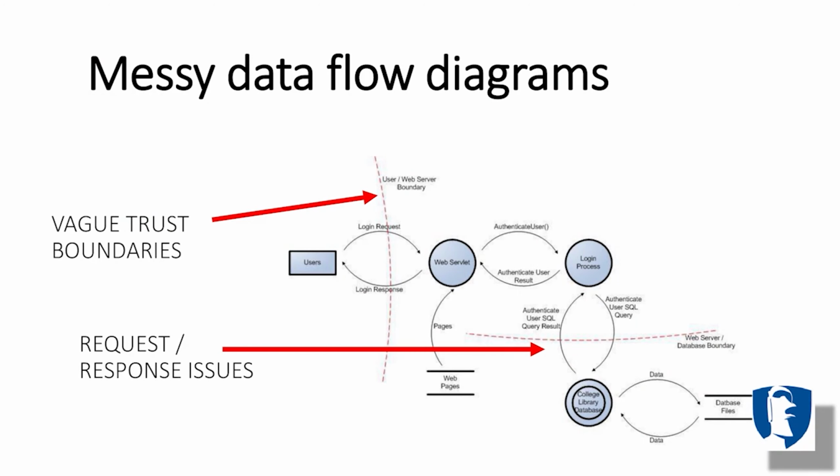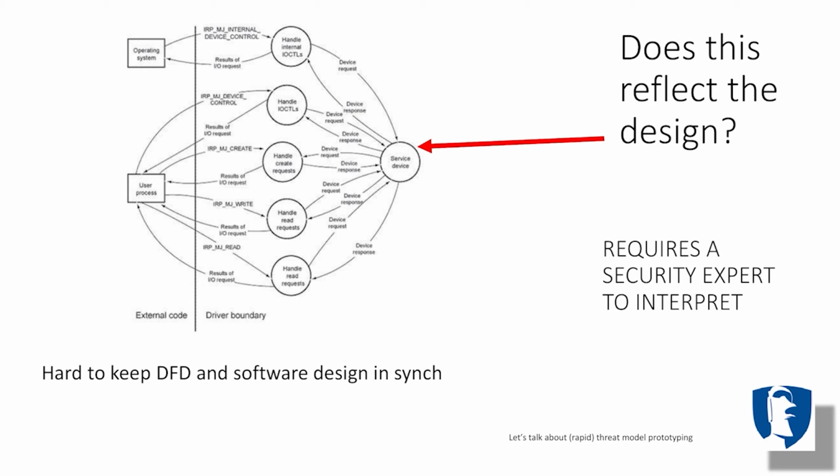And by the time you get the threat model out, you get something like this. Anyone seen these data flow diagrams? Because you're drawing data flow diagrams out, you're like, well, wait a minute, maybe there are issues right here. We don't know. And then you work a little bit harder, and you get something like this, which is even more of a mess. Does that thing relate to anything that I have in a design? I don't think so. I don't think there's any architecture that describes it the way it is.